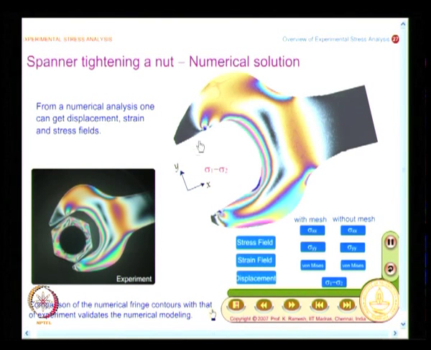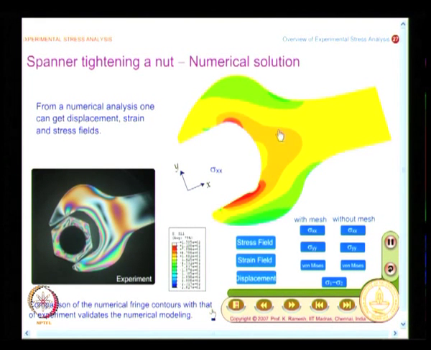If you look very closely, I have this as a stress concentration region, and what you see on the screen is that my students have taken a little time to apply the boundary condition appropriately until the experimental fringe pattern matches closely with the numerically simulated results. So, the choice of elements, discretization, and also the boundary conditions are improved until you get a close match between experiment and numerical solution. What is the difference here? I can get sigma xx, but I can do this only by interpolation and based on finite element formulation.